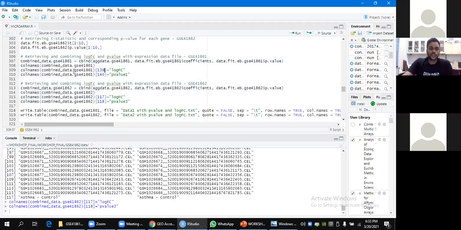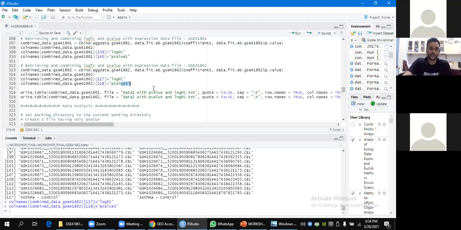So now this line will add two extra variables in both my data sets, logFC and p-value. P-value 1 I have given to the first data set, and p-value 3 and logFC to the second data set, apart from the expression values.